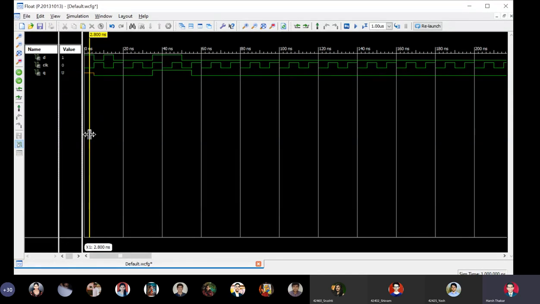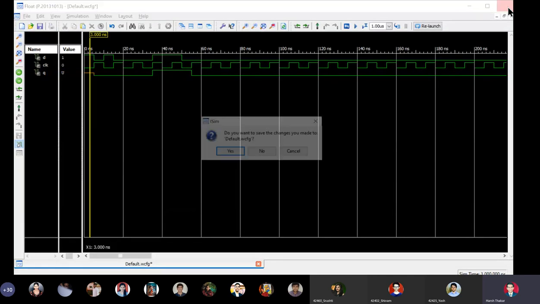If you remember, VHDL supports 9-valued logic: strong 1, strong 0, weak 1, weak 0, strong unknown, weak unknown, uninitialized, don't care, and high impedance state. We had studied the 9-valued logic where we had 2 flavors of 1, 2 flavors of 0, 2 flavors of unknown, don't care, uninitialized, and high impedance state. Out of those 9 values, the U stands for uninitialized. How to remove this uninitialized, I will tell you.